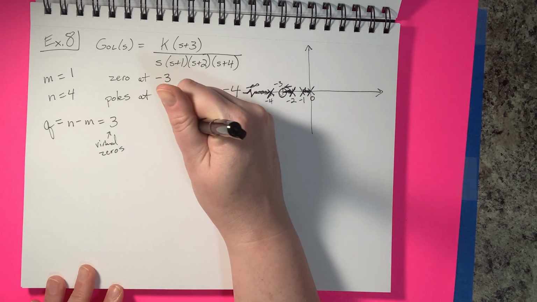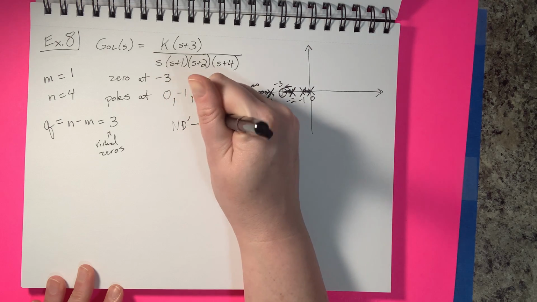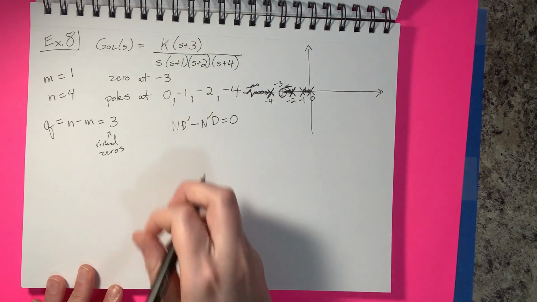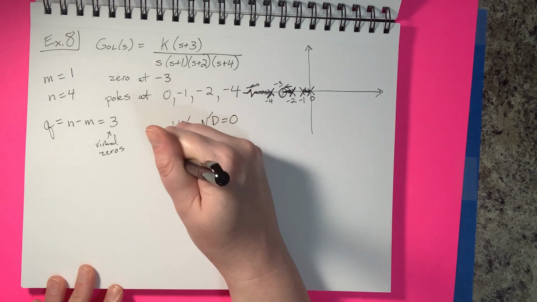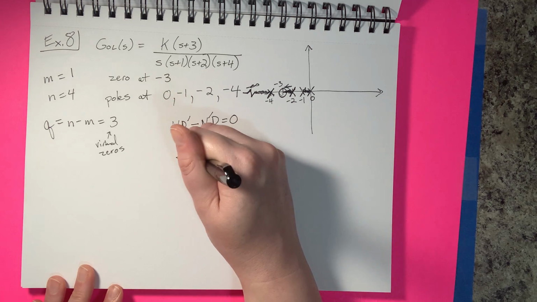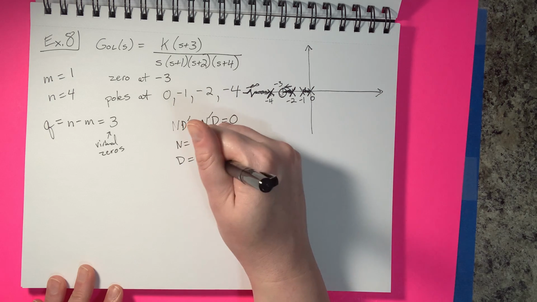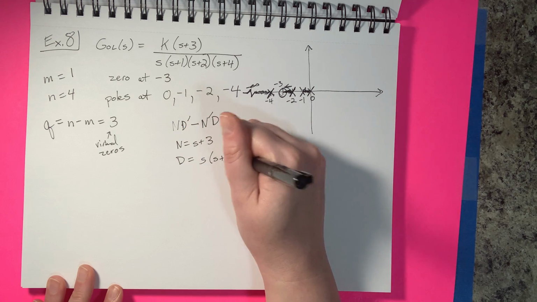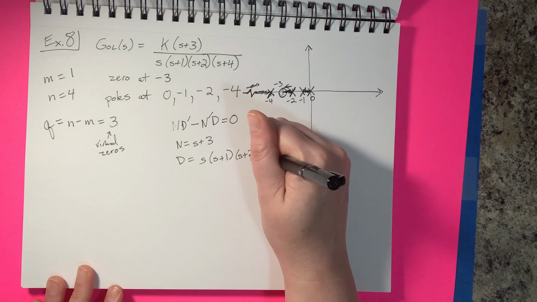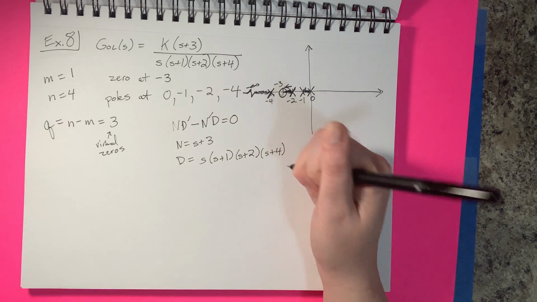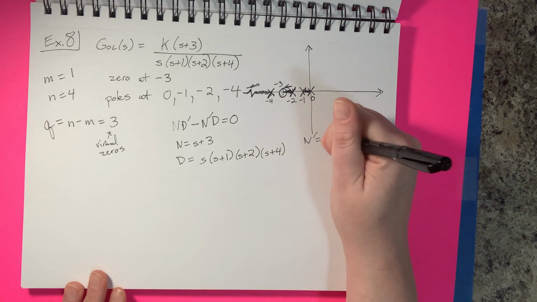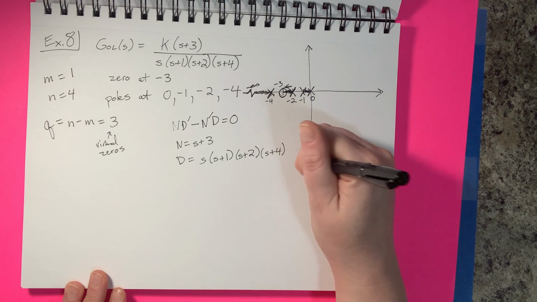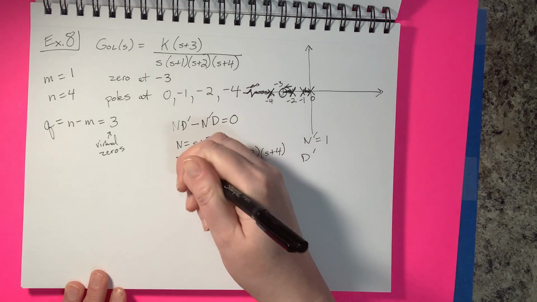N d derivative minus n derivative times d equals 0. Okay. In this case, n is equal to s plus 3, and d is equal to the whole denominator here, s plus 1, s plus 2, s plus 4. Okay, n derivative is equal to 1, and d derivative, in order to find that, you would have to multiply